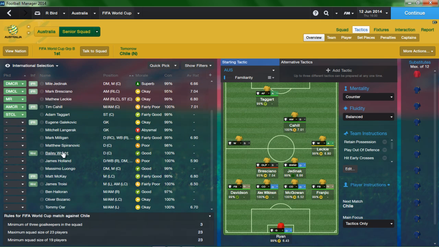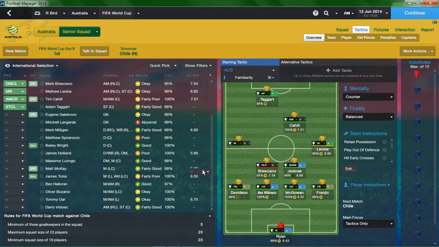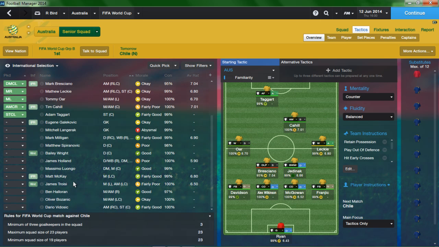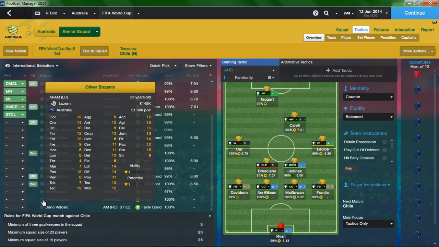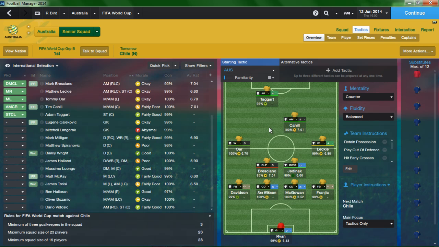Tommy Orr, I think we'll start him out, but I really want to get Bolivar Bosnich in there because in other saves on FM I've bought him, and he's great. I mean, he may be a 1.5 there, but I think he's a really good player, and he will be a good player for us in the future. So there we have it. There's the tactic.